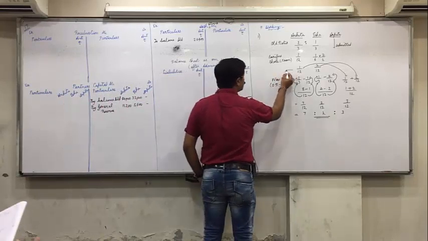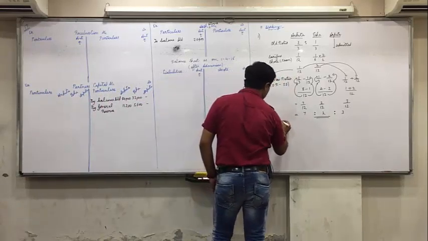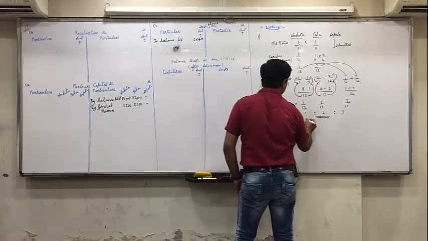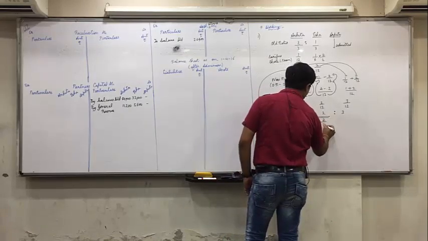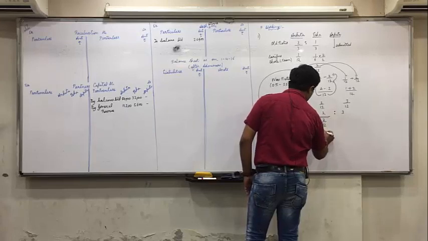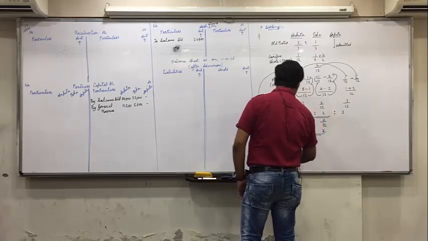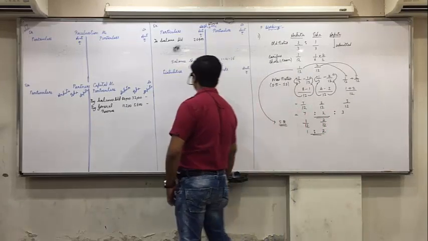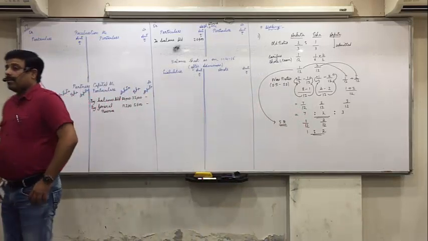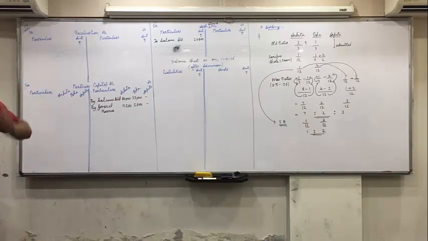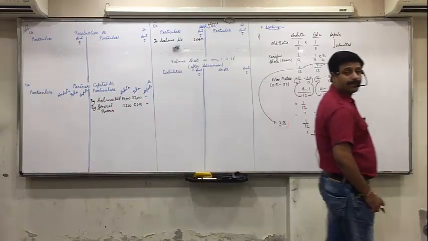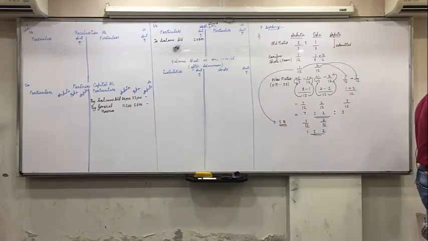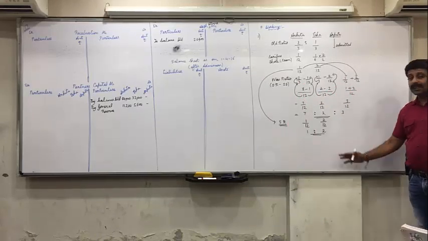From sacrifice share, we'll get sacrifice ratio. Sacrifice share is 1 by 12 and 2 by 12. If you remove the denominator, 1:2, 1 by 3, 2 by 3 is the sacrifice ratio. Are you all clear with these workings, everyone? Any doubts in that? Now, adjustment 2. Raise your hand who is still doing the workings.